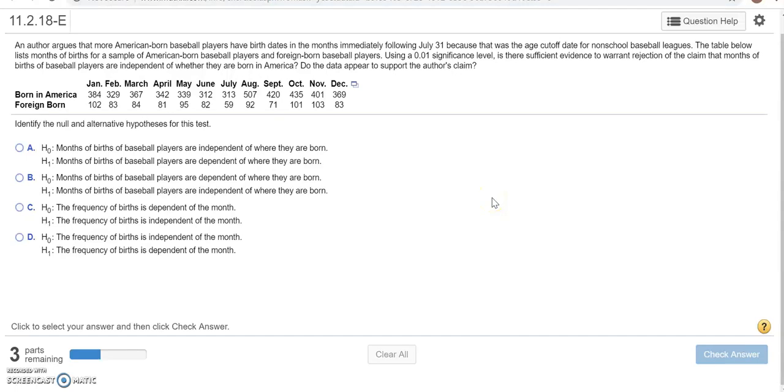So let's go over how we can perform this test for independence using Statcrunch. This question says, an author argues that more American-born baseball players have birth dates in the months immediately following July 31st, because that was the age cutoff date for non-school baseball leagues. The table below lists the months of births for a sample of American-born baseball players and foreign